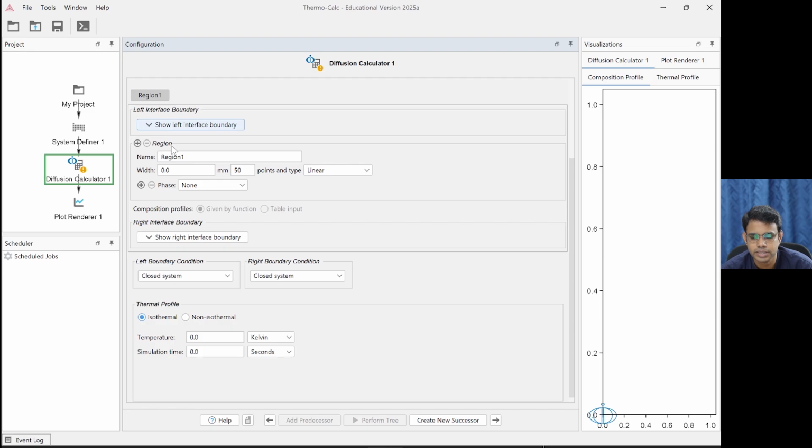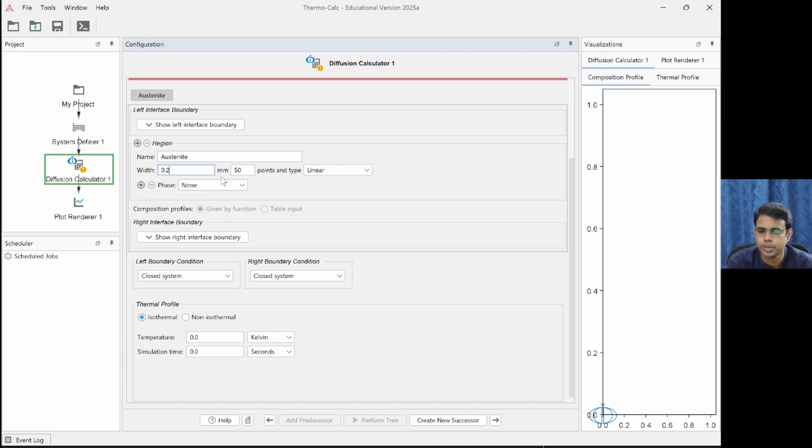Then this region part is coming, where this plus symbol is given and Region 1 is written. This Region 1 name, we can change it to austenite. Name: austenite. Then width 0.0 is there, we will put 0.2.